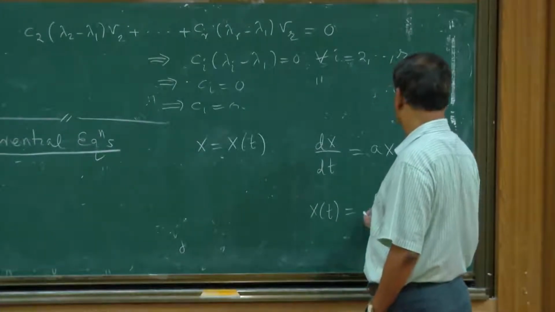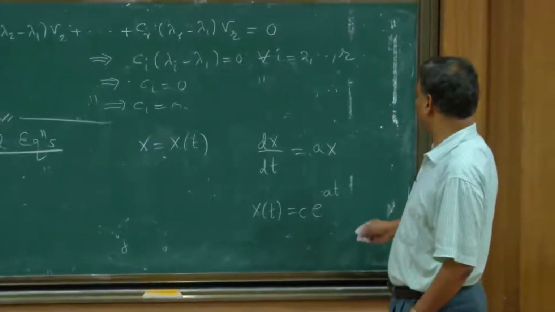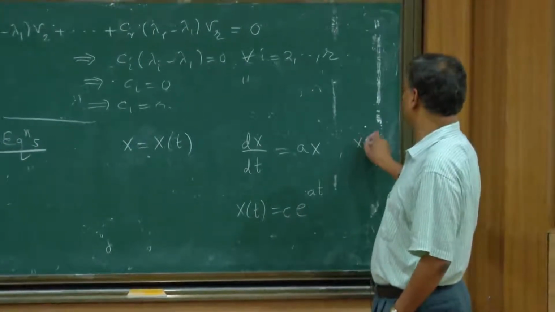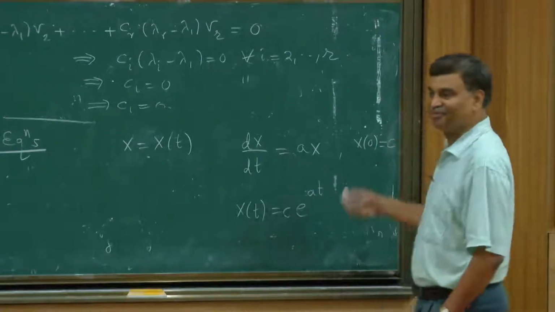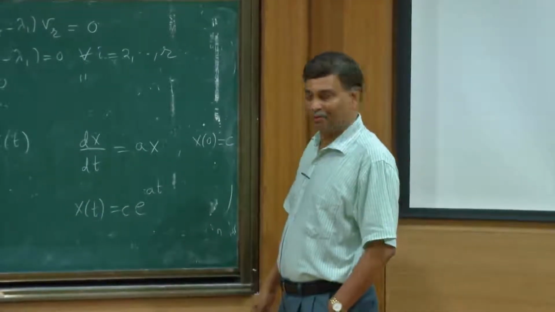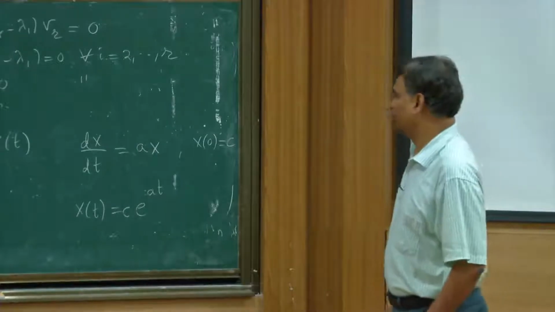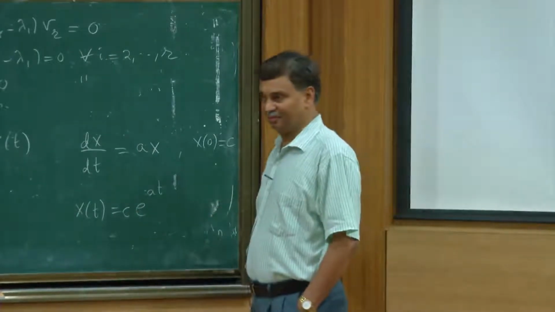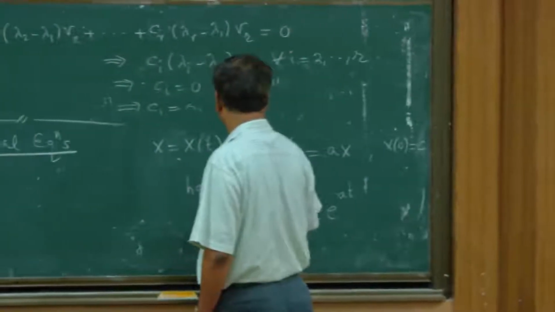And that constant will be determined if I am also given some initial condition. So, x(0), the value at time t equal to 0, is c. Is that correct? Yeah, because I put t equal to 0, I get c. So, x(t) has the unique solution